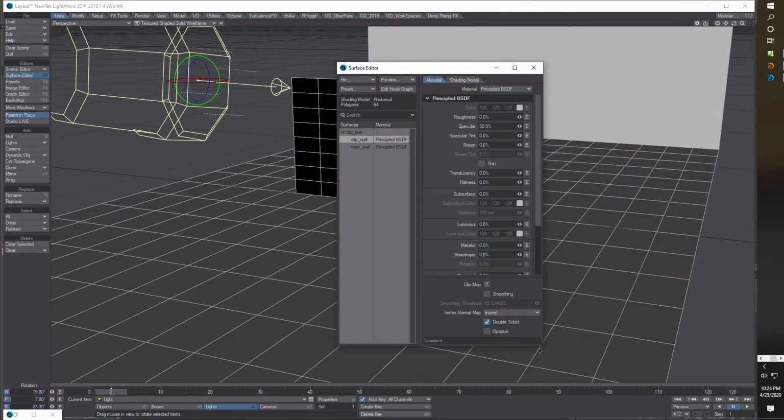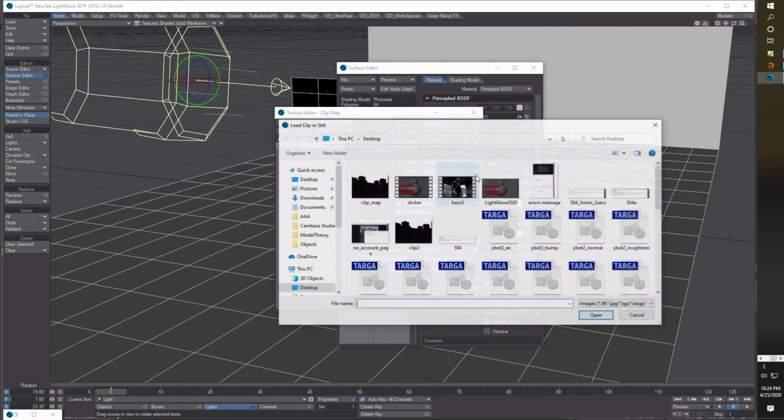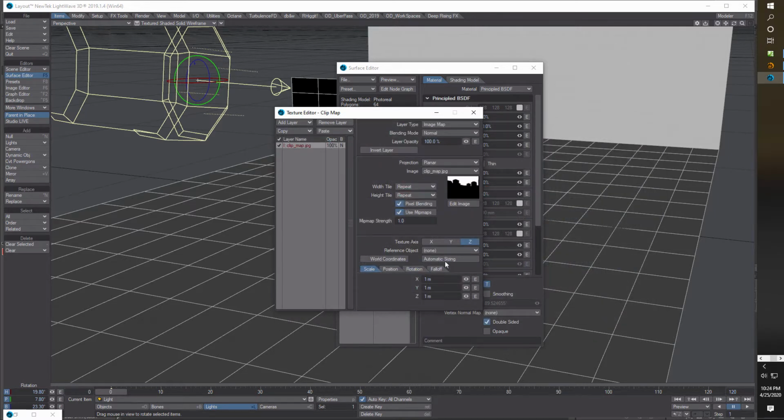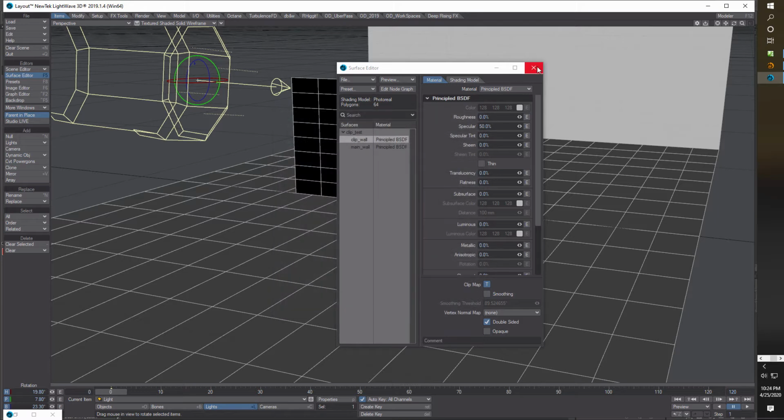Anyway, I'm going to go into the surface editor again, on the clip wall, and come in here to the clip map and click on that. It's an image map, and I'm going to load in my clip map that I made right here and go OK. Then we're going to do the same thing and set all the settings. The projection is going to be up front, fixed projection, from the camera, and we're going to turn off pixel blending. This is all on reset as well. And that's that. Now if I go into VPR,